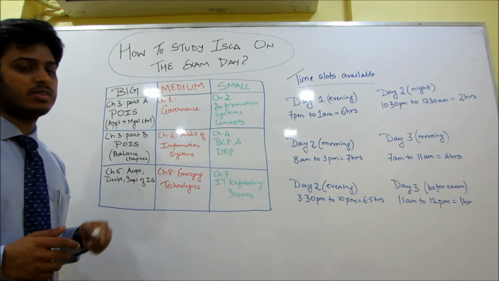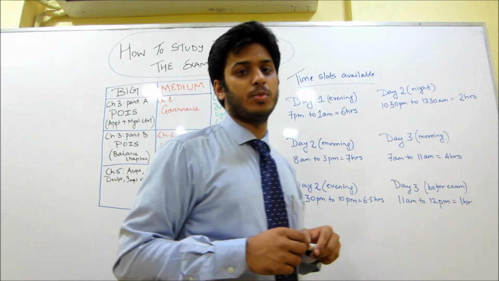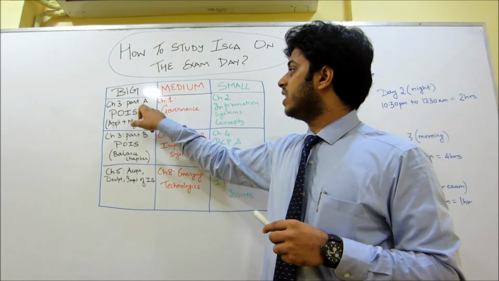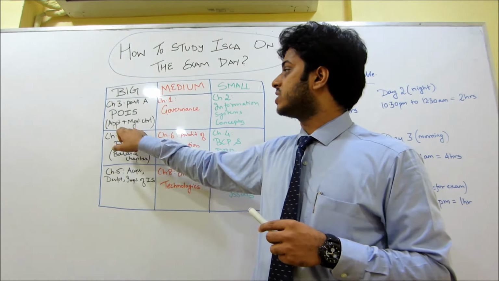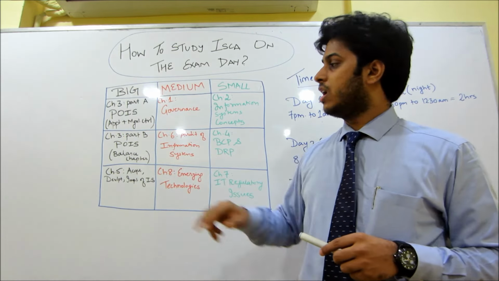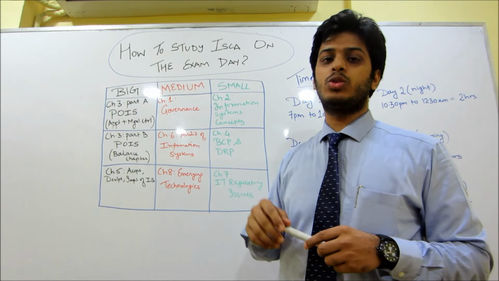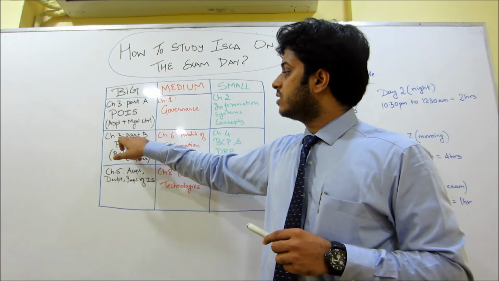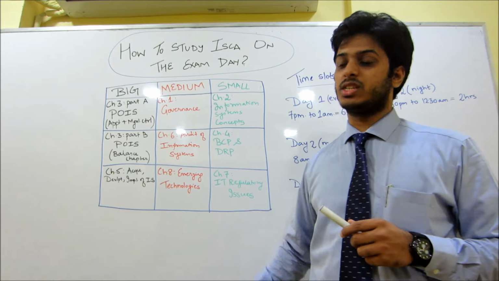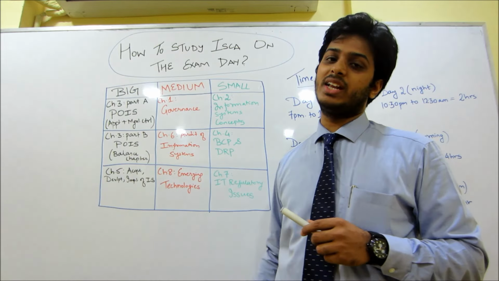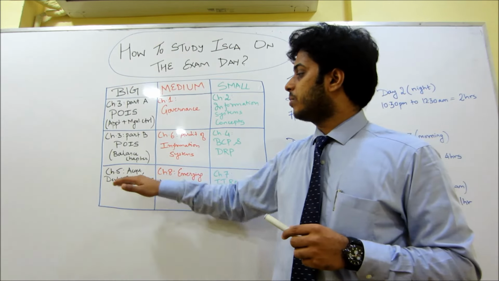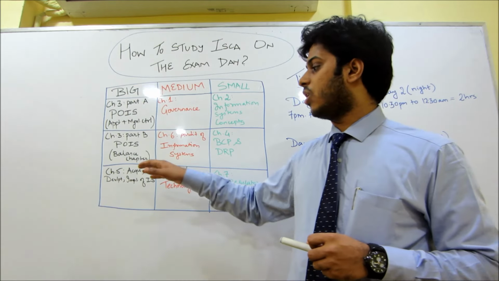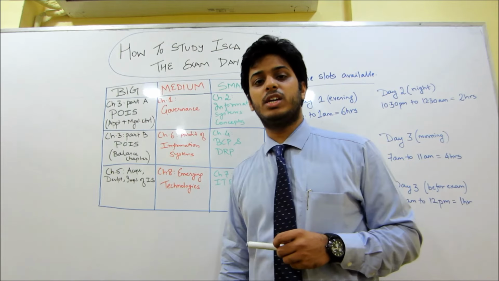In the big chapters, the first chapter I have included is Protection of Information Systems, which I have written here as POIS. Part A of this chapter includes Application Control and Managerial Control. Managerial Control for the November 2016 exam is an amendment. Next is the same chapter, Protection of Information Systems part B, which will include the balance chapter. The next chapter in the big chapters list is your SDLC, which is called Acquisition, Development and Implementation of